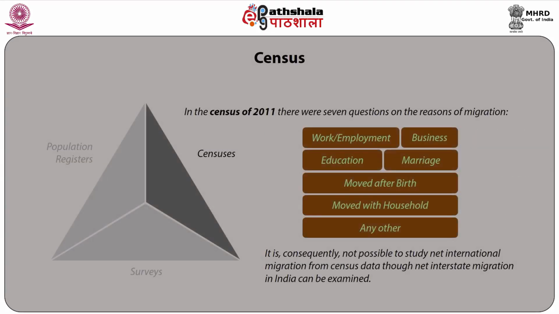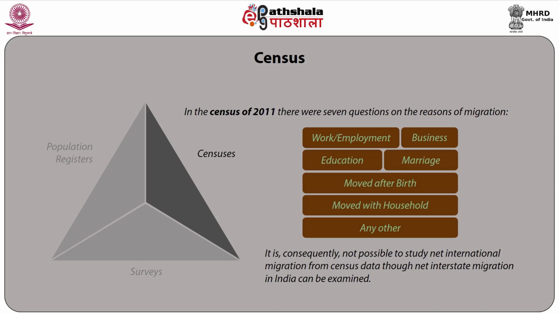In the census of 2011, there were 7 questions on the reasons of migration. First one, work or employment. Second, business. Third, education. Fourth, marriage. Fifth, moved after birth. Sixth, moved with household. And seventh, any other. In censuses, immigrants are also enumerated, but the Indian census, being de facto, does not provide